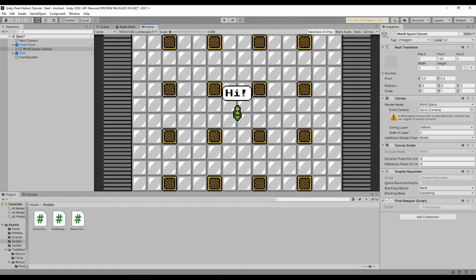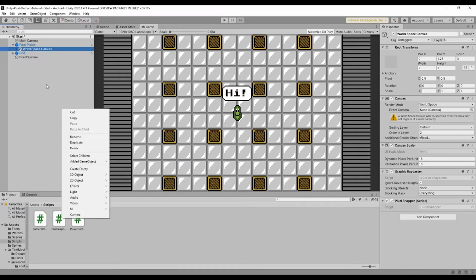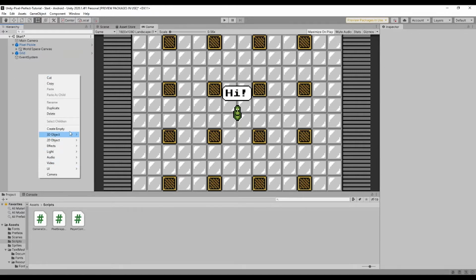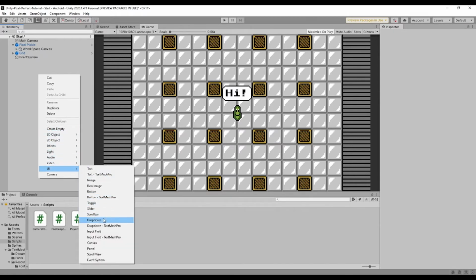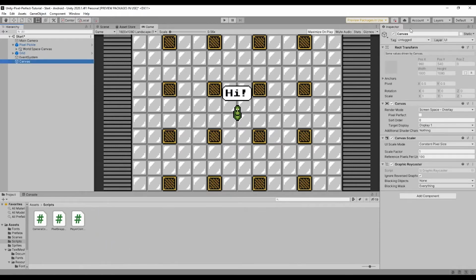So that covers it for the world space canvas, but there's another type of canvas we now need to cover, screen space canvases, which are, as I mentioned before, rendered directly to the screen. Essentially, think of a heads-up display, like if you have buttons that need to be on the screen at all times, regardless of where the camera is, these would go in screen space. So we're going to go ahead and create another canvas. Screen